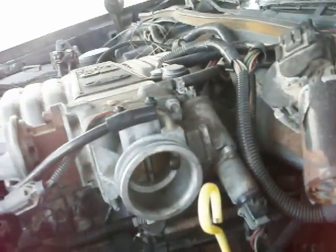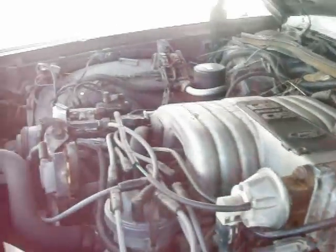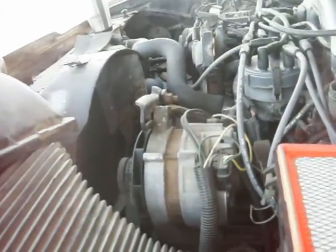Another thing would be a vacuum leak. Could have that, but there are about 1 million different things that can cause that, because anything that controls this little valve could potentially cause a high idle condition or a fluctuating idle or what have you. And that's electronically controlled. A few sensors do that. It could have a faulty TPS. It's possible. The coolant temperature could be going. I even read somewhere that a high idle could be caused by a faulty alternator, because it's trying to rev up to get the alternator to charge more. But you know what? There's about 1 million things that could do it, so I would first check that,